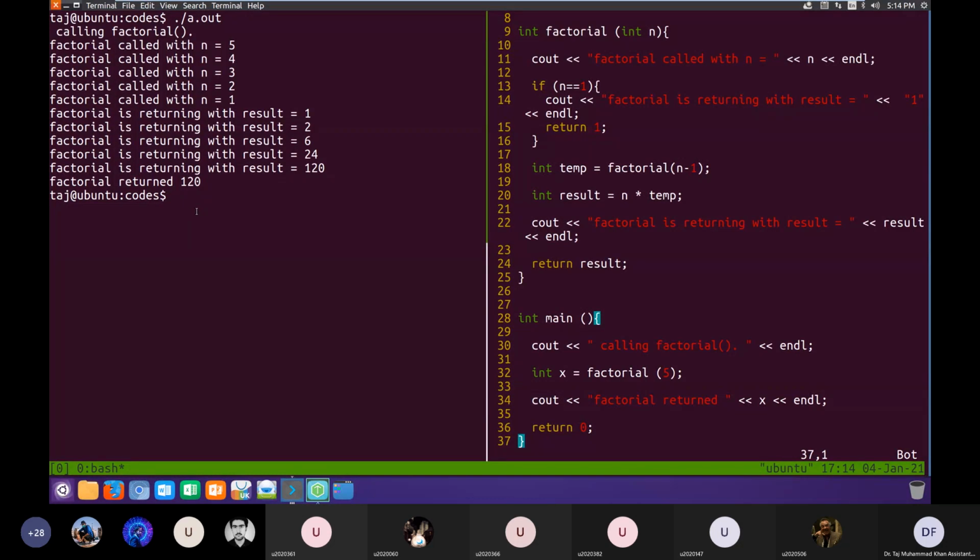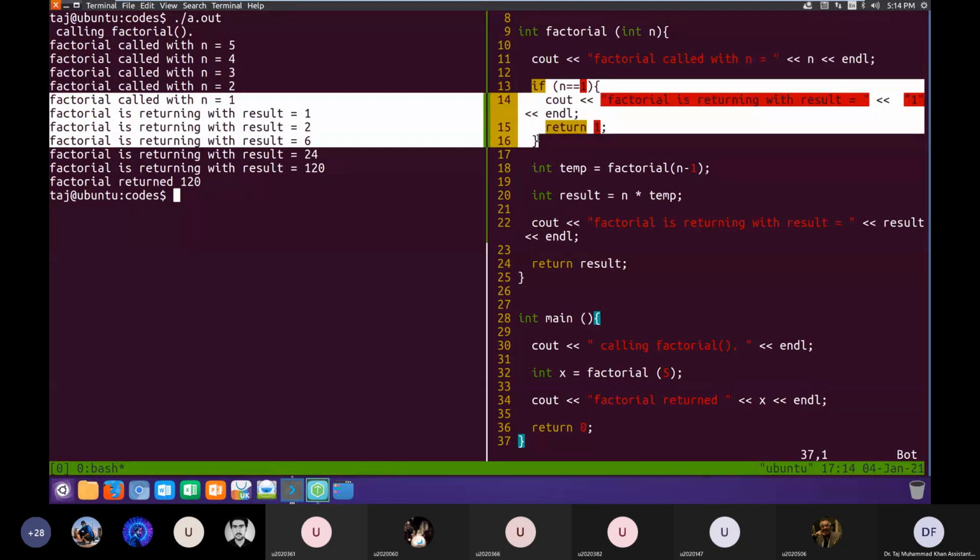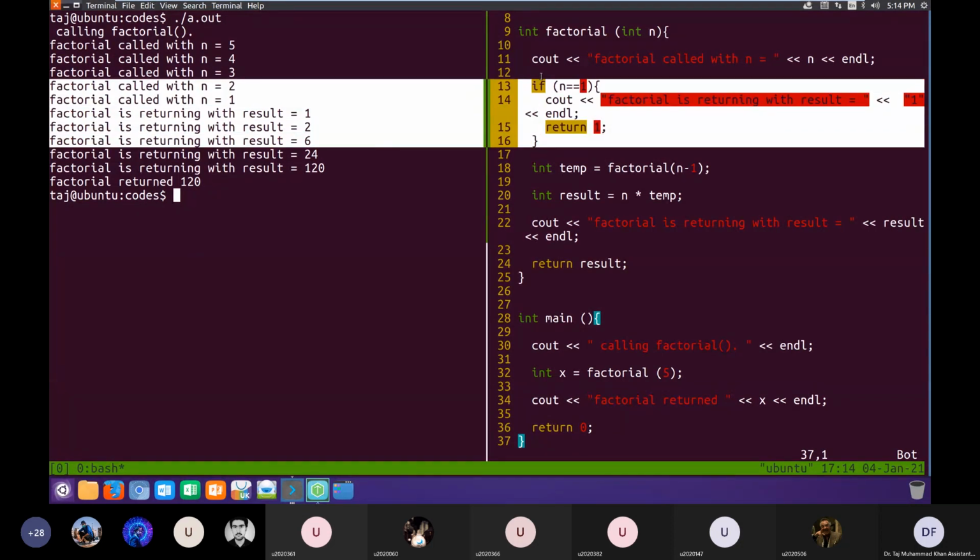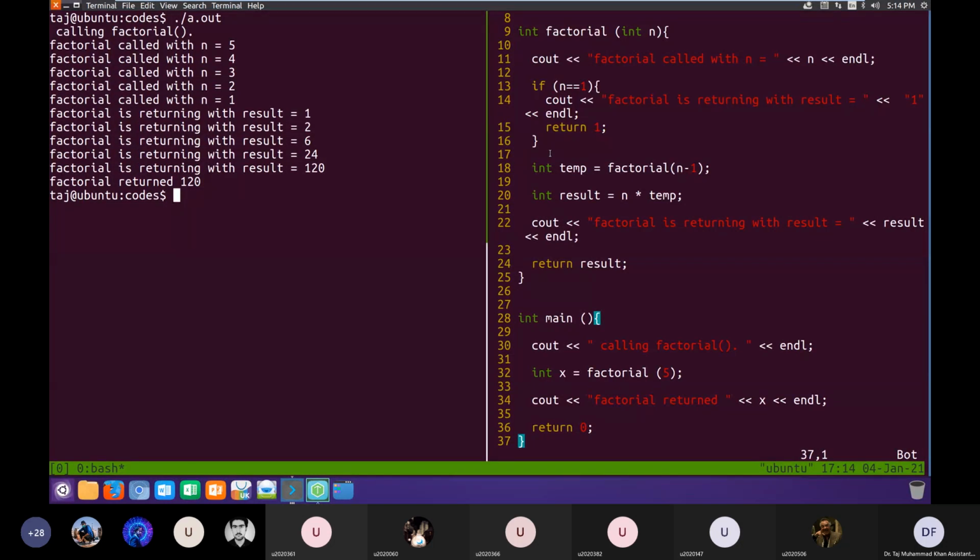Okay, so here we see that if we control our recursion, infinite recursion, we can define a condition where we can say that ultimately this recursion should end, and you can no longer continue to call this factorial infinitely. In every recursion we can define such a case to end the recursion. So we can control the recursion and not let it go infinitely. And once we start controlling the recursion, we can solve many problems which, if they are defined recursively, can be solved very elegantly using recursion.